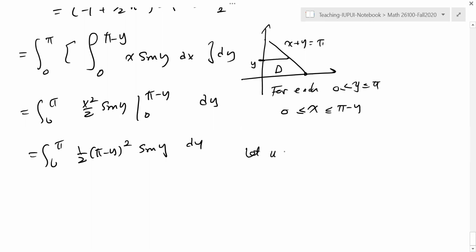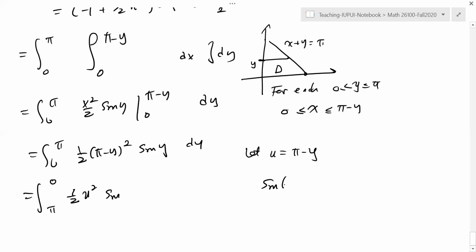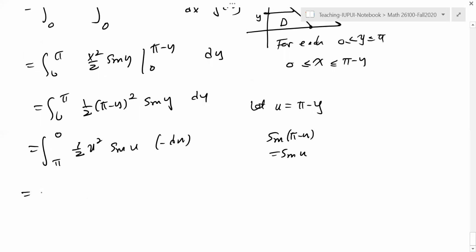Let u be pi minus y. When y is 0, I get pi. When y is pi, I get 0. It's u squared, and then sine y is sine of pi minus u, which is sine u. And dy is going to be negative du. So you will get